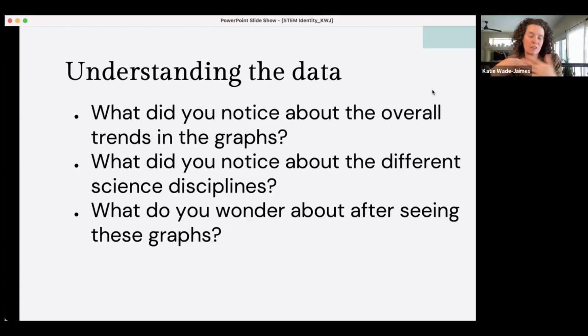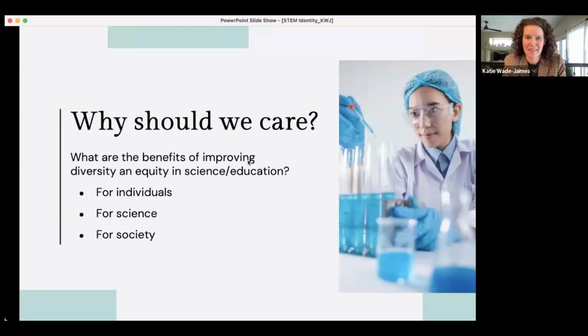It's been decades of interventions trying to increase these. And thank you, Marla, for this perfect segue. What are the different racial identities and experiences that Hispanic people can have compared to the identities that Black or African American or white people can have? And how do those identities intersect with the science identity? So we're going to look at that right now. Marla couldn't have set this up better for the next slide.